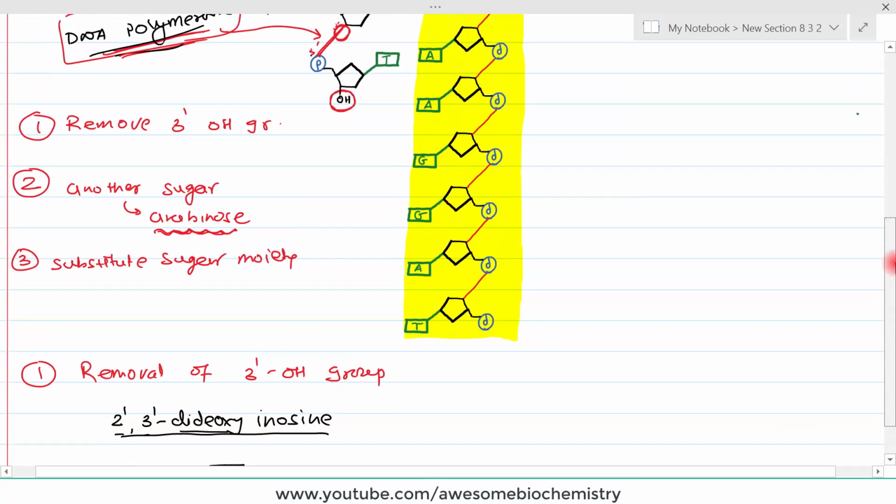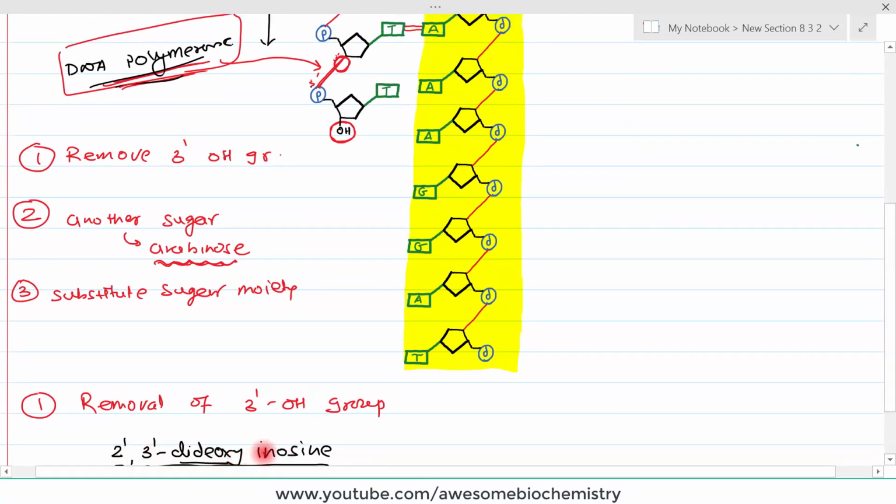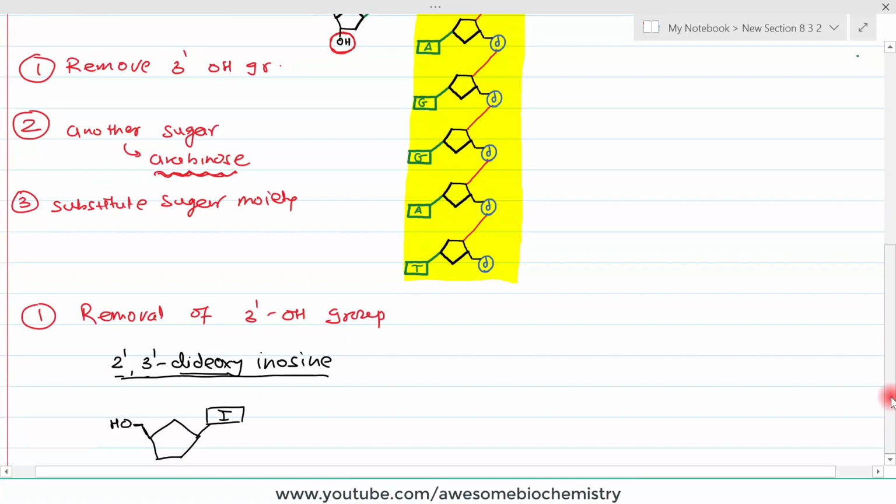So you can easily understand that if this 2' 3' dideoxyinosine is inserted over here, then it is lacking the OH group. So now the next bond formation is not possible, right? So the new DNA strand synthesis can be easily terminated, or in a sense you can say that DNA polymerase will be inhibited. Okay. The other name of this 2' 3' dideoxyinosine is didanosine. And it also goes by the popular short form, that is DDL. Okay, that is the short form of dideoxyinosine. Sorry, it's not DDL, it's DDI.